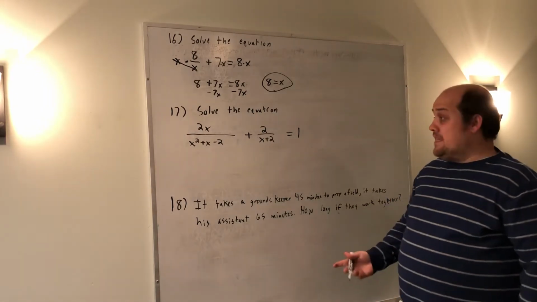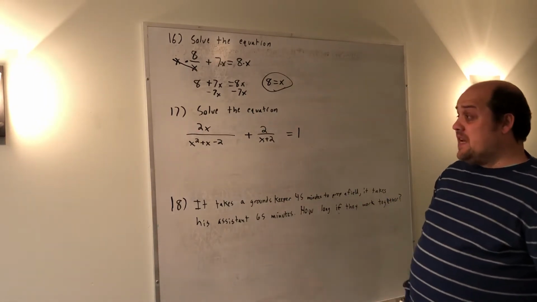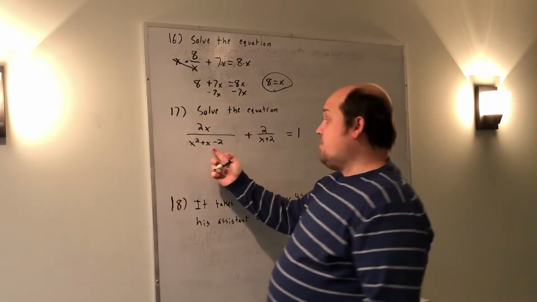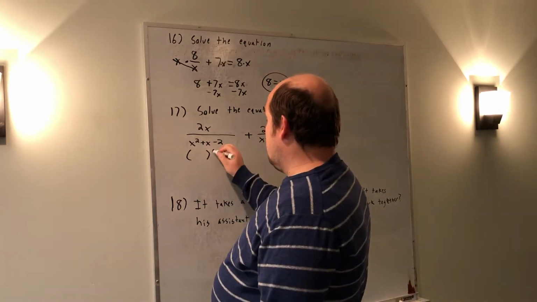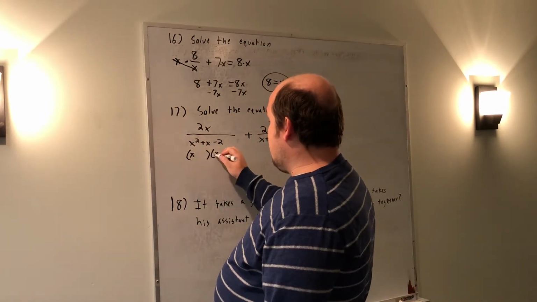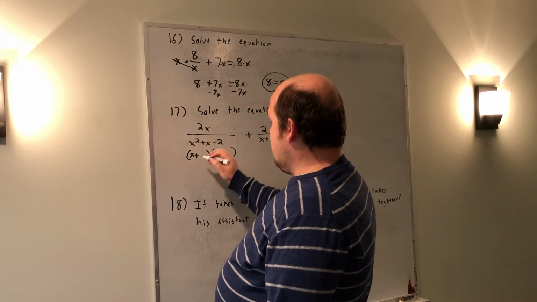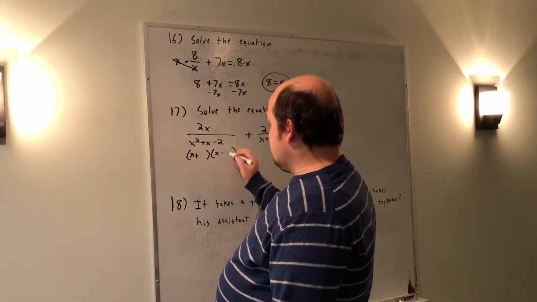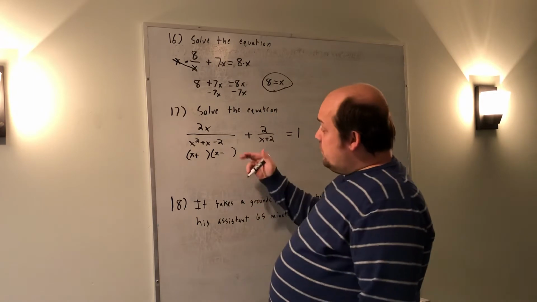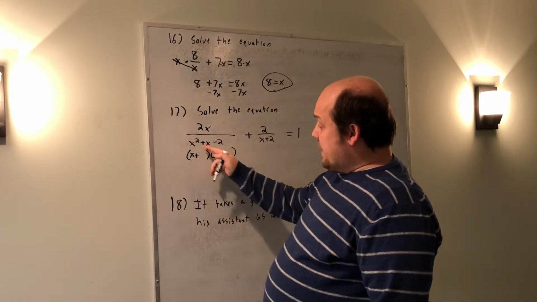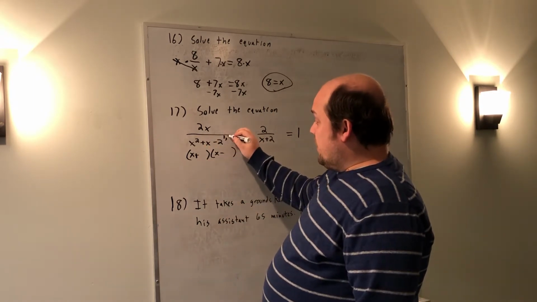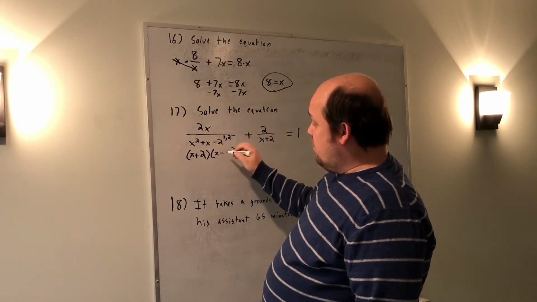For problem 17, it's a little more complicated version of the same thing. I start out by factoring the bottom of this equation. 2 parentheses, x and x, bring down the positive. That negative tells me different from positive is negative. I'm looking for two things that multiply to 2 and subtract to 1. The only way to multiply to 2 is 1 and 2, so I put the bigger one there, the smaller one